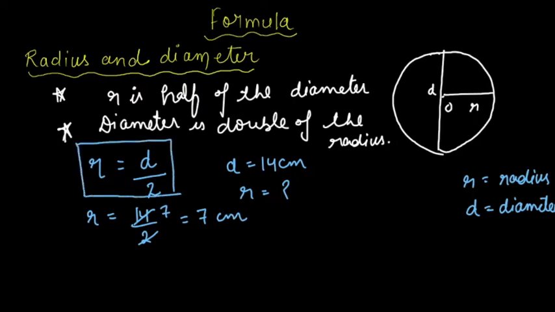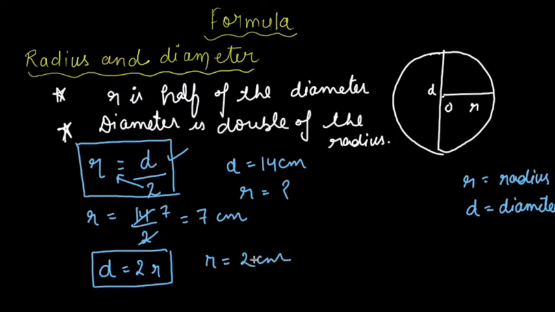And in other words, what I have said, diameter is double of the radius, and from this also we can see diameter is equal to 2 into r. So if I know that the radius of the circle is 2 centimeter, how much will be the diameter? 2 into 2, which gives me 4 centimeter, right? So these are the 2 formulas which we use a lot in mensuration till senior classes, where the diameter will be given and sometimes you need to know the radius, or radius is given and you need to know the diameter to solve a lot of word problems. So these are the 2 formulas which you can mention.